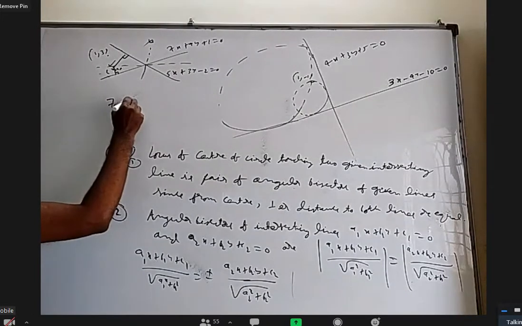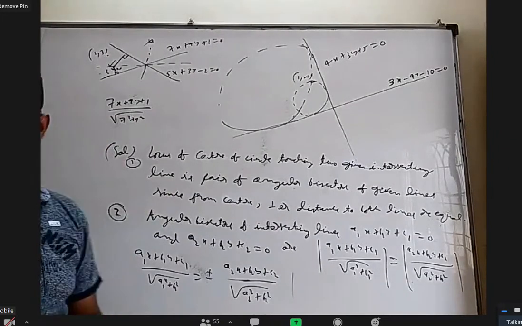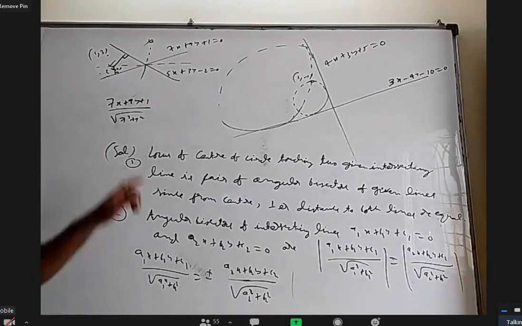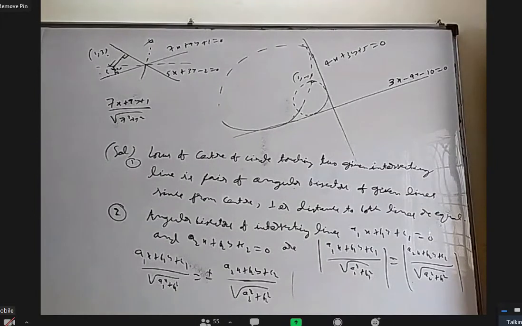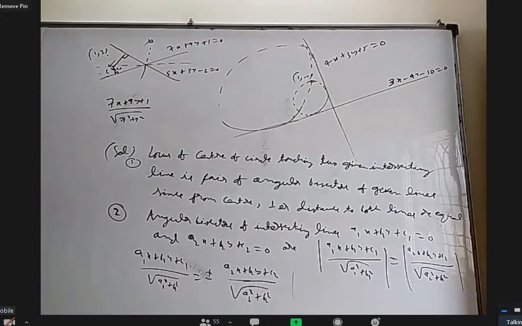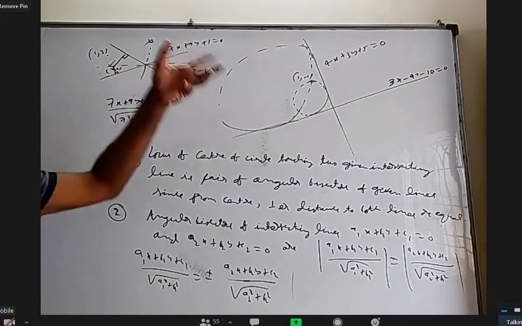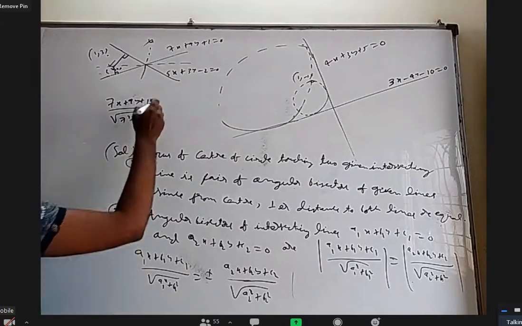What I will do, from x, y, I'll find distance to this. It will be 7x plus 9y plus 1 by root over 7 square plus 9 square. I will not put mod here. I'll keep it as it is. And I know it is positive. Anybody want to tell me how, without mod, I'm telling it is positive? Because for this line, 1, 3 and x, y are on the same side. Yes, sir. 1, 3 gave me positive. So when I put x, y, it should give me positive. So this is positive. Without mod, I know it is positive.